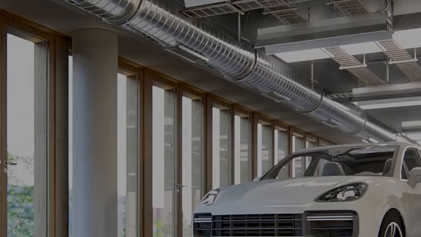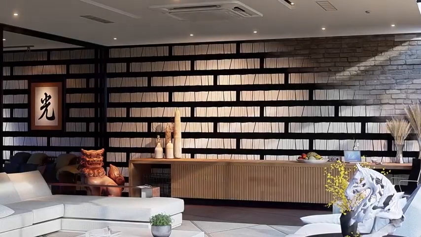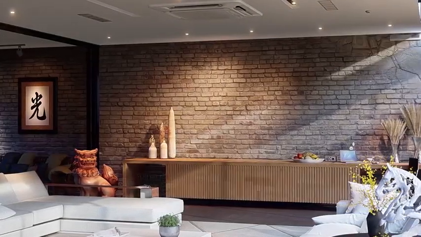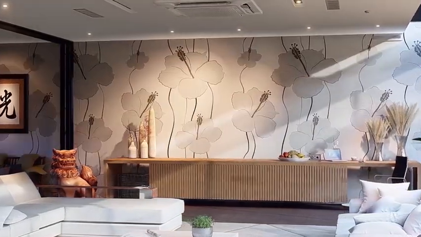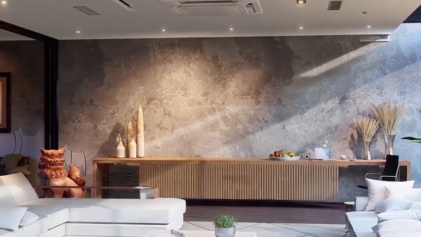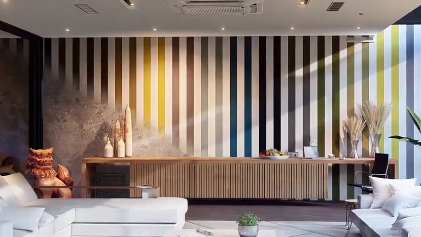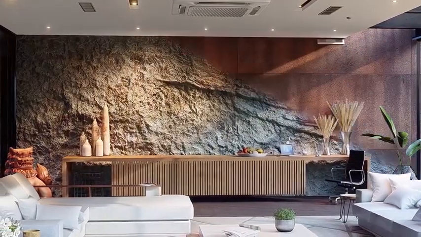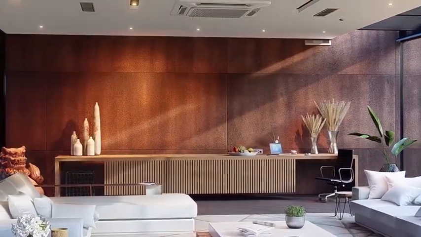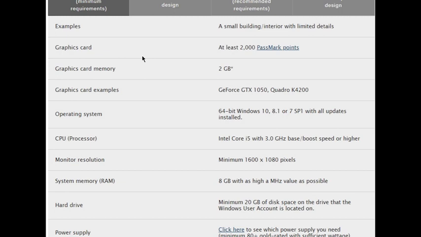I also want you to take a look at the trailer of Lumion 9 or Lumion 10. For example, if we play this Lumion 9 trailer, let's see this bit of it again. Whatever we see over here, the car image or